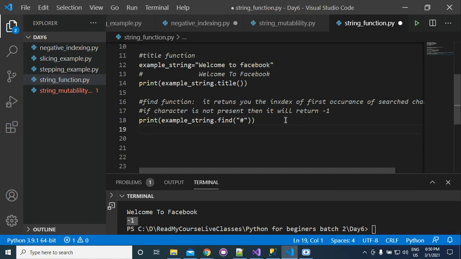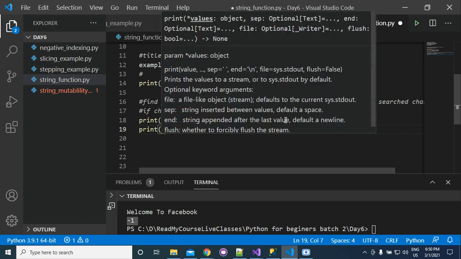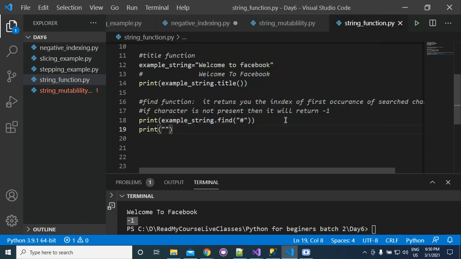One more application of this is, suppose that you want to check whether COM is present in this string or not. Then you can write example string dot find COM.